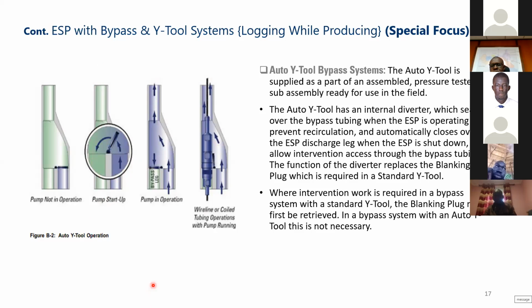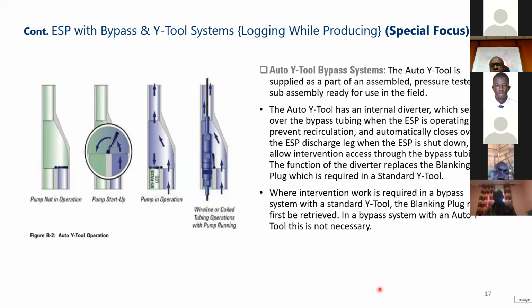plug to be retrieved. So it says here the auto Y tool has an internal diverter which seals the bypass tubing when the ESP is operating, preventing circulation, and automatically closes over the ESP discharge lock when the ESP is shut down, allowing intervention access through bypass tubing. So the function replaces actually the blanking plug. We don't have a blanking plug in this application because we already have the diverter valve that works automatically,